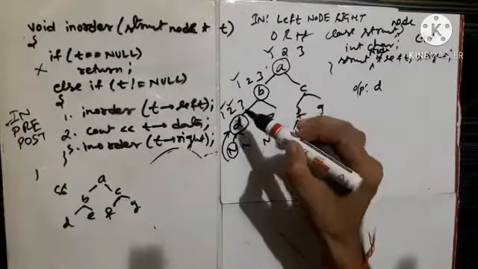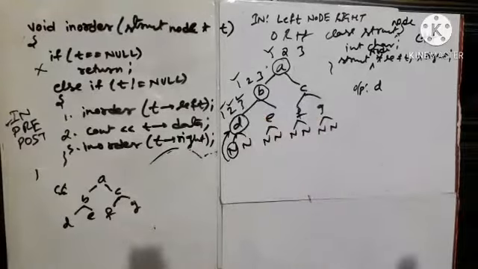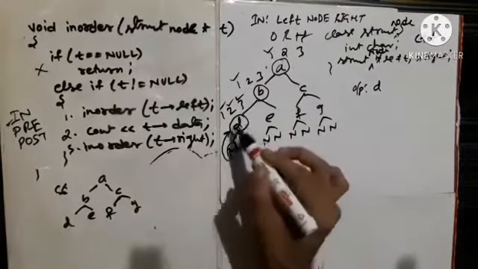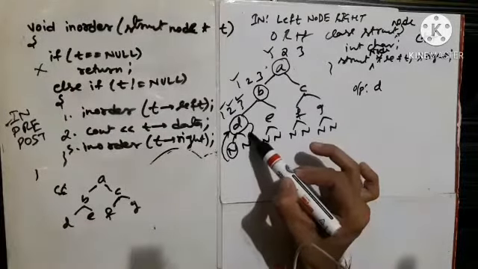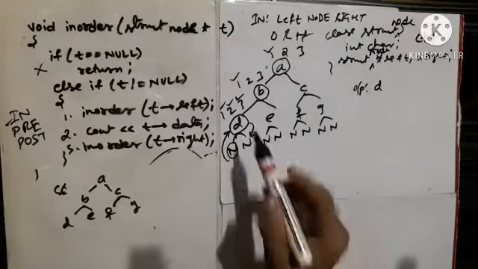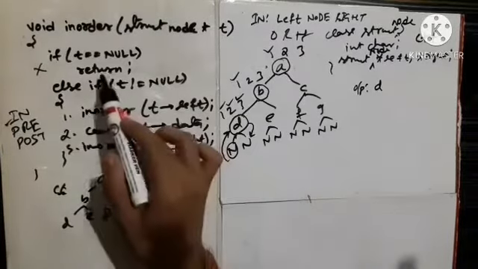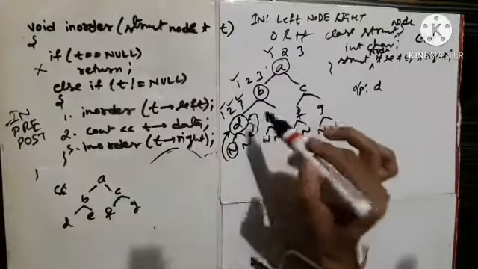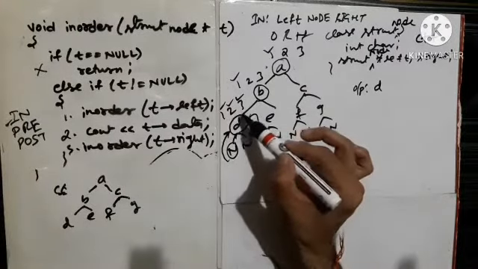Now it will try to execute the third statement, which says again go to in-order of T's right. Now T is D, and it will go to the right. Now from D again the control comes back, isn't it? Are you getting my point? After execution of 3, it says in-order of T's right. Now T's right is again null, so it will return nothing. Again the control will come back to D. Now the D node has executed all the statements. Now it will give the control